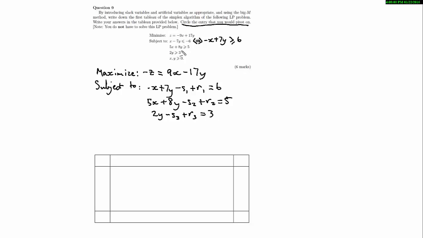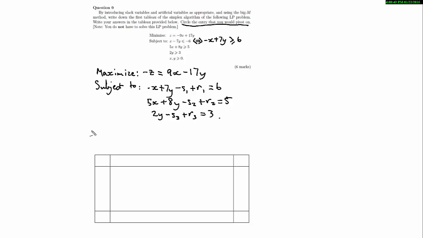Now if any of these were less than or equal to signs, we wouldn't need to give ourselves a slack variable and an artificial variable, and we'd only give ourselves a slack variable with a coefficient of +1. But in this case, we've got all greater than or equal to signs, so we need both the slack variable and the artificial variable. Okay, now the next part of the problem involves using the Big M method, and what we do is we aim to maximize